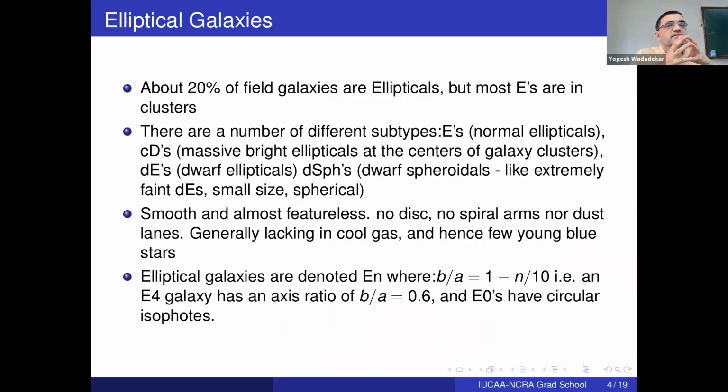Elliptical galaxies form about 20% of field galaxies in the universe. So when you think of the distribution of galaxies within the universe and the environment of these galaxies, we talk of 3 different regions. One is called the field region, where the volume density of galaxies is quite low. Slightly higher